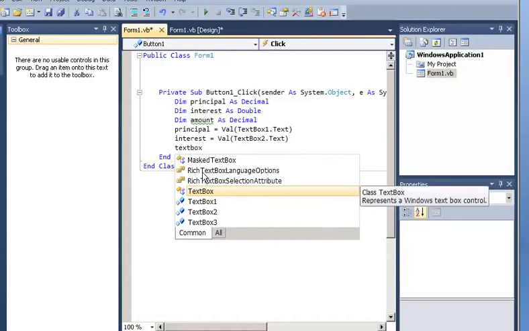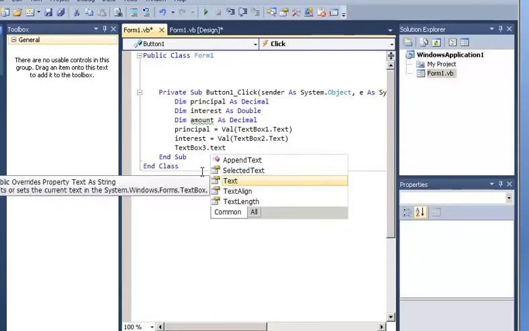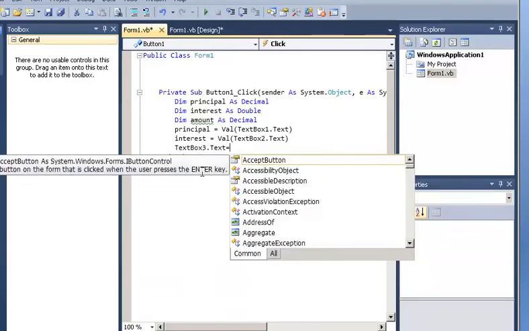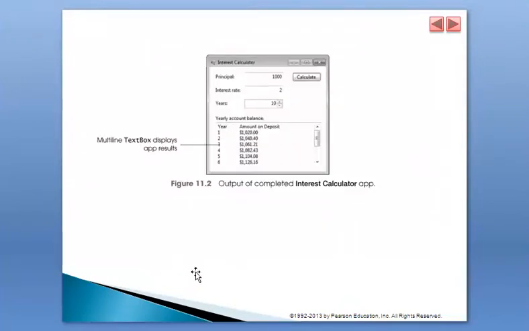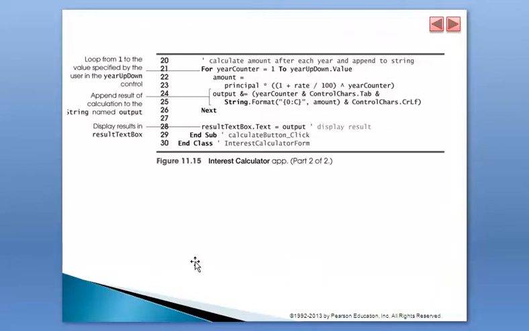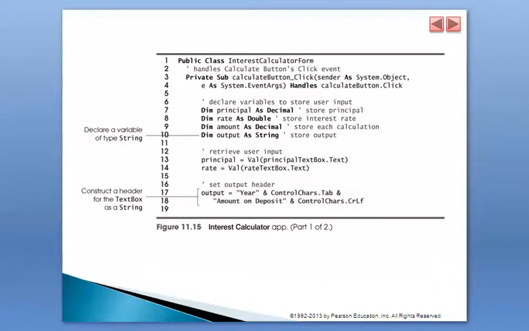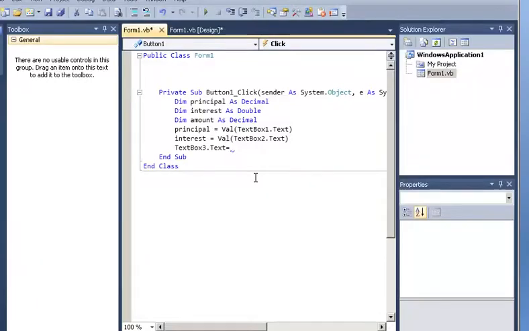So we want it to look like this, so we want to put year, oops, and we're going to concatenate this with the